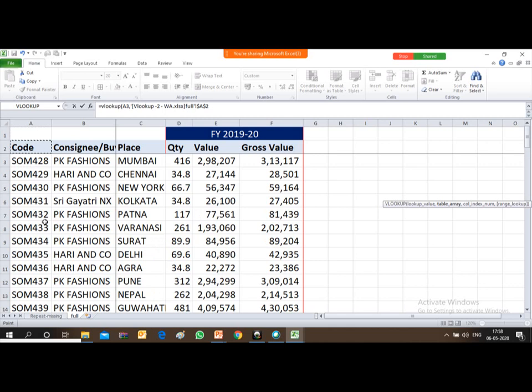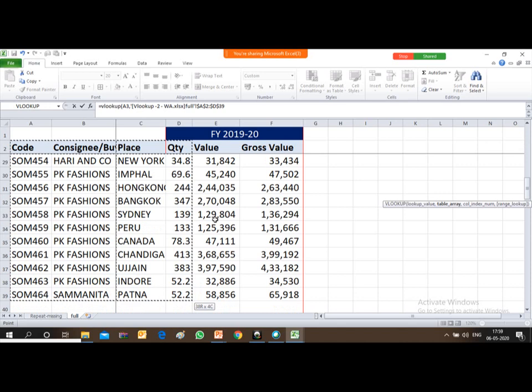So I'll put the cursor in the first cell and then select up to the column from which you want to derive the value. So I am selecting up to the column where the quantity is mentioned. So you just see, friends, in the box appearing over here, the column number 4 is there. If you are practicing in your system, you will be able to see. This may not be visible to you, but if you are working in your file, you can clearly see that the column number is appearing over here. So here the column number automatically appears as 4.